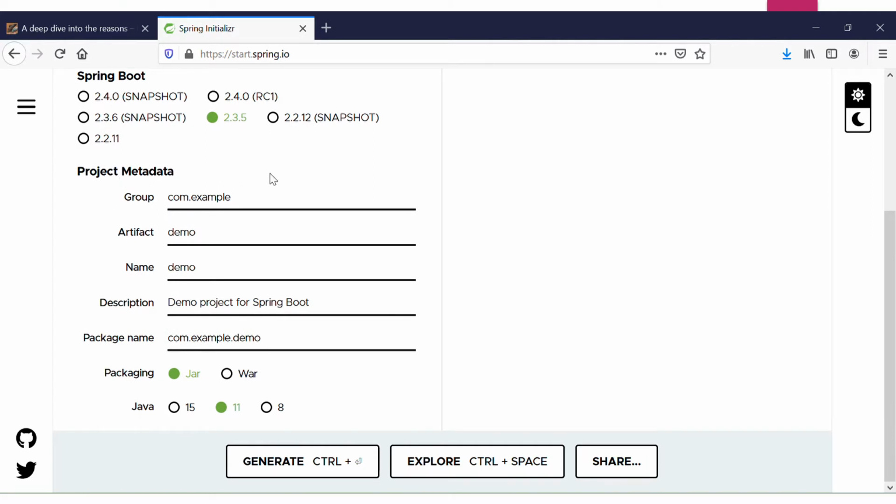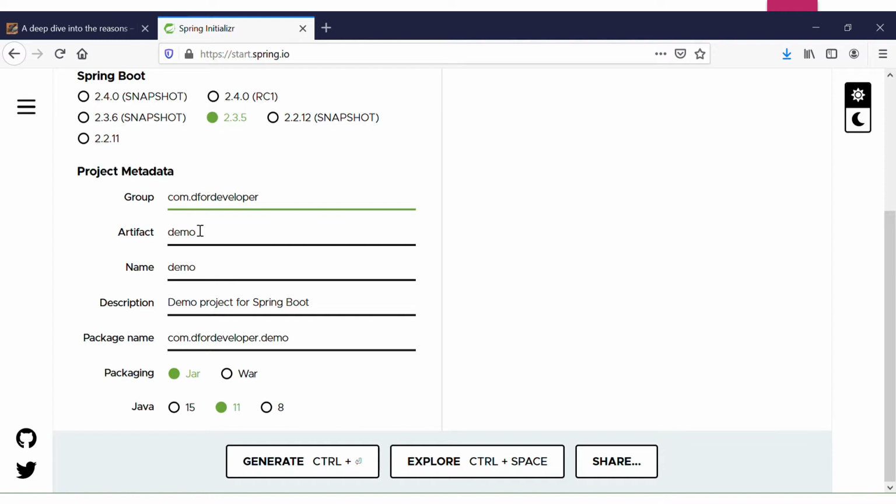If we go a little below, we have to mention a few details regarding the metadata of the project that we are going to create, like group, artifact, name, description, etc. First we'll take care of the group. If you are wondering what you need to put in the name of the group, you just need to understand that group is nothing but a kind of package name. It's actually a name that will uniquely identify the namespace for our project. So here, we'll make the group ID as com.d4developer.